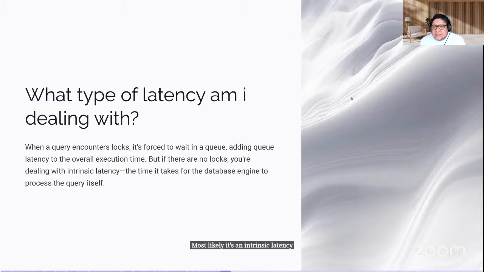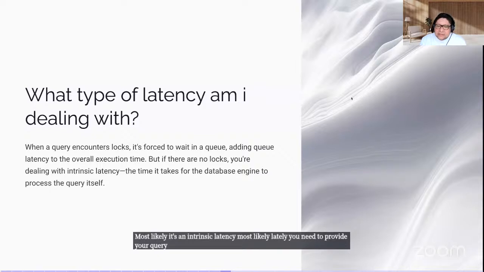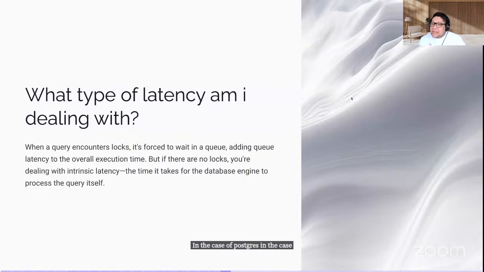Most likely you need to rewrite your query. You need to figure out your index. You need to figure out if the statistics of your tables are up to date. You need to check, in the case of Postgres, if your table or tables involved are bloated and have way too many dead tuples.